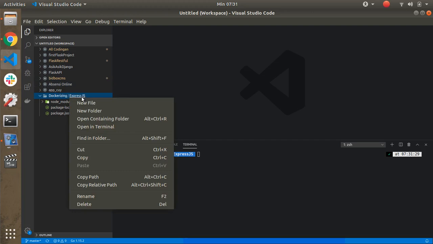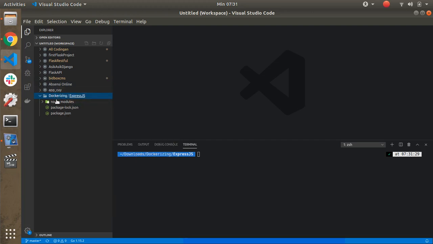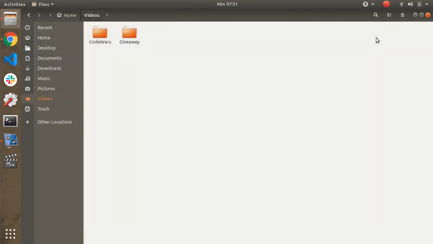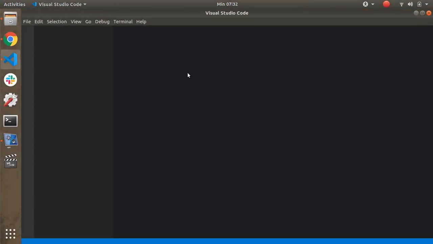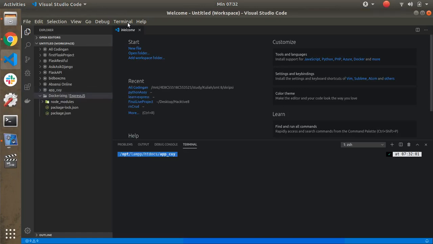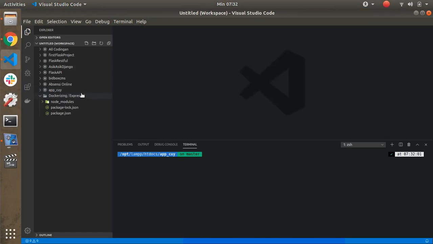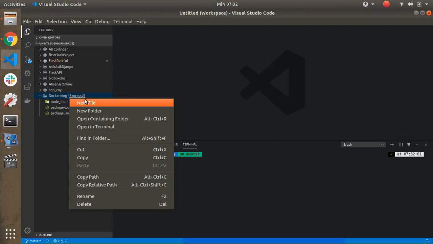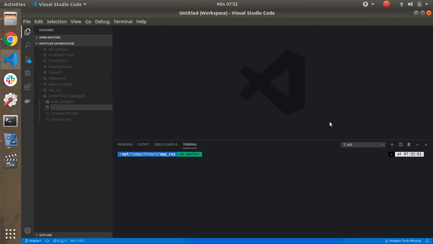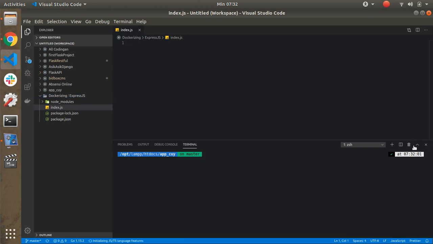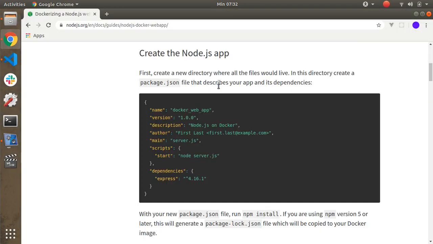Why can I not create a new file here? Okay, I will reopen my Visual Studio Code and create a new file. Okay, let's call it index.js for our code, and then